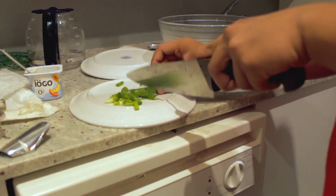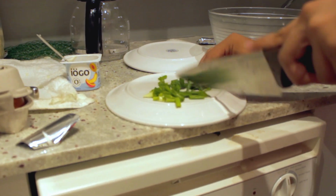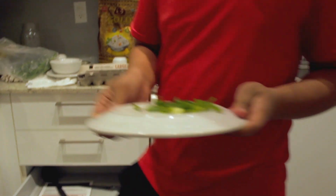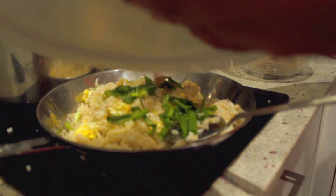The more the better, but this time we're just gonna use only a little bit. So we're gonna cut like this and then fold it up like this, make it quicker. There you go. And using the back of a plate, I successfully made some chopped spring onion. So just pour that down right there. Now that we finished up this cooking,